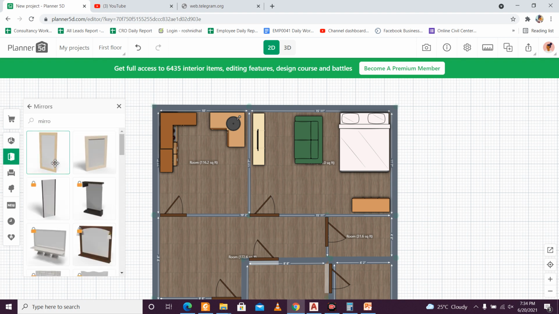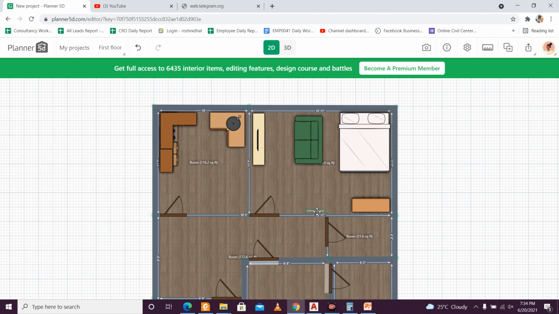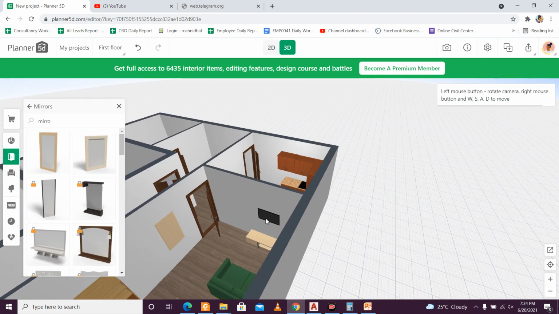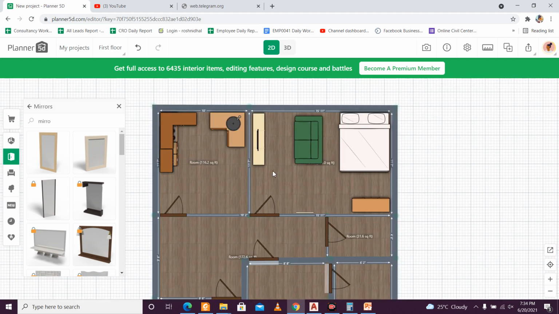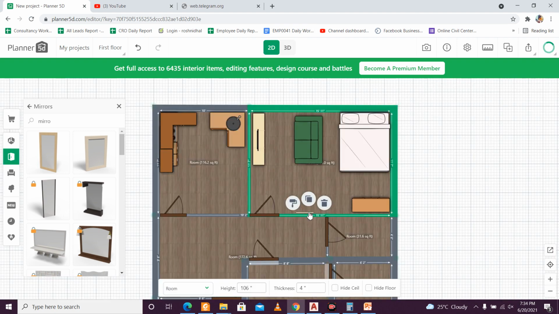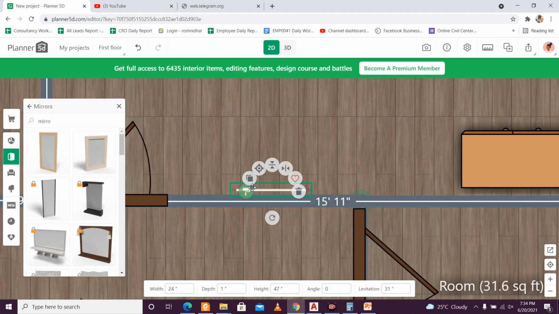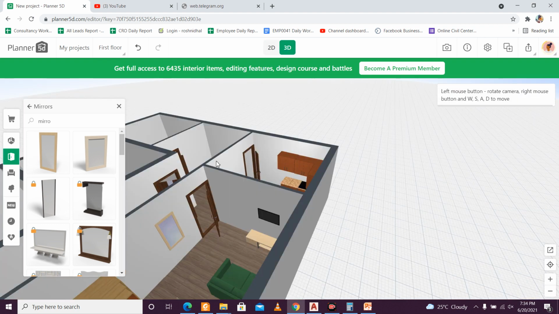Okay, mirror I'll place here so that it doesn't give the reflection. I think this is the opposite side. Okay, this one, yeah, perfect.